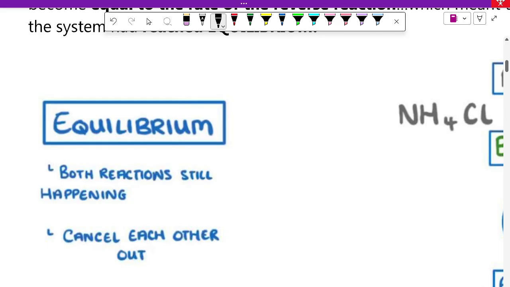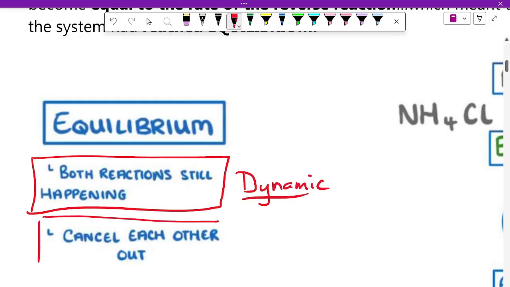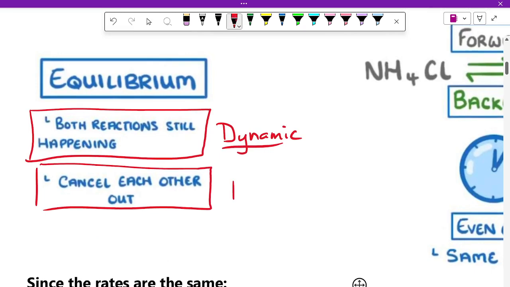Now we have an equilibrium here. Both reactions are still happening. Forward reaction is happening, reverse reaction is happening. What word do we use to describe that? We say it is a blank equilibrium. That is a dynamic equilibrium. Because the forward and reverse reactions cancel each other out, we can say that the